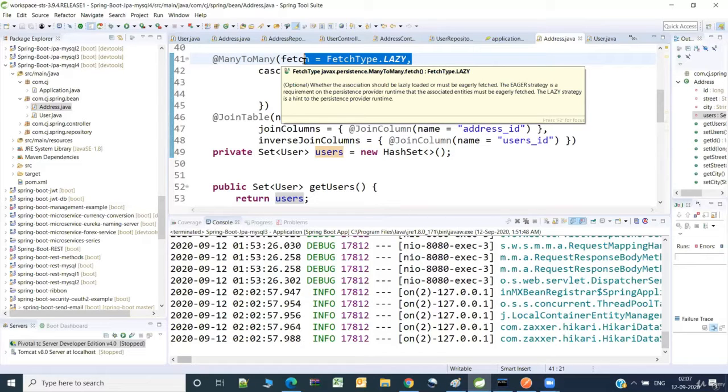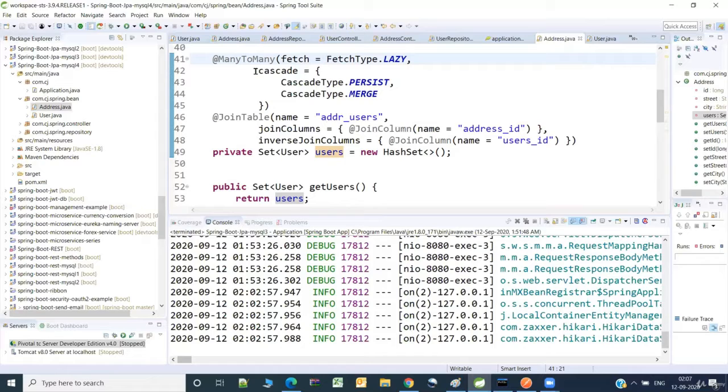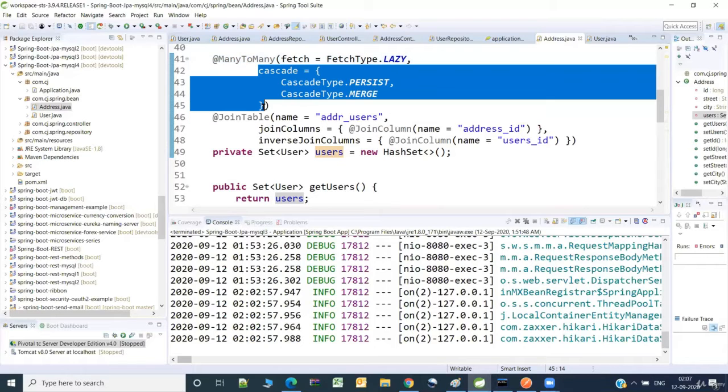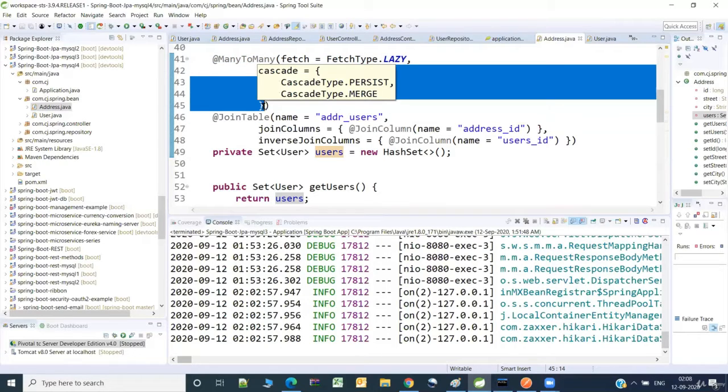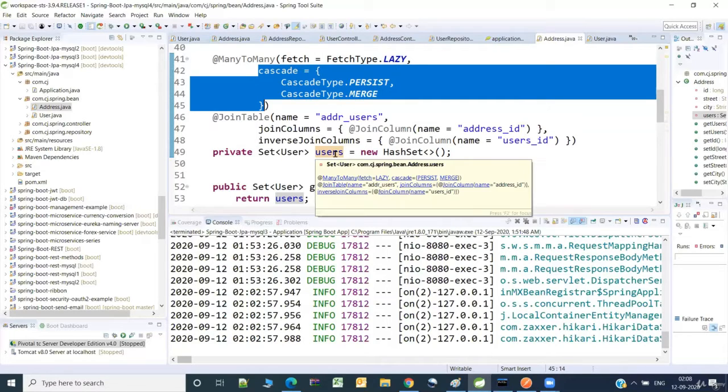Next, cascade type. What cascade says is whenever you are performing an operation on these users, what needs to happen to the addresses. Say for example, you are saving the user object, what should happen to the address if there is an address inside that.